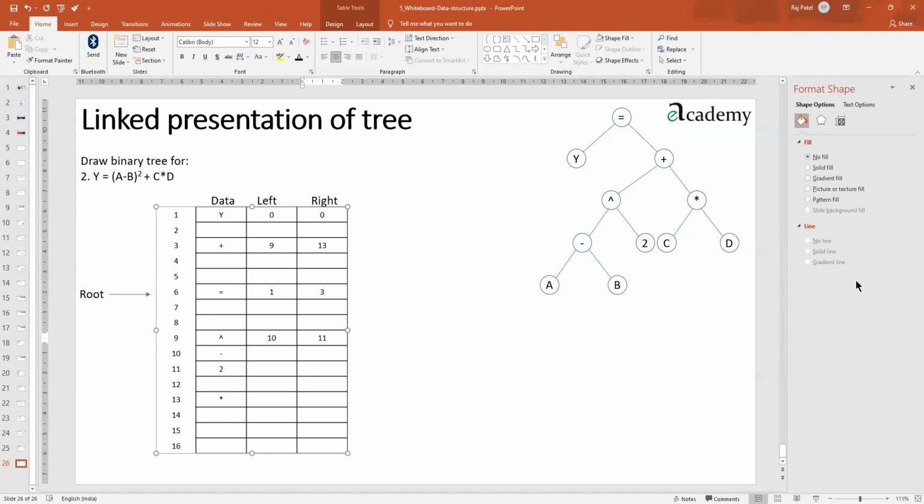Done. After minus and 2, 2 is having nobody, so 0 and 0. Minus has some children, A and B. So let's say I write A here and B below, which is 7 and 8. 7, 8 are done, and A and B will not have anything, so 0, 0, 0, 0. See, I am choosing any kind of locations.